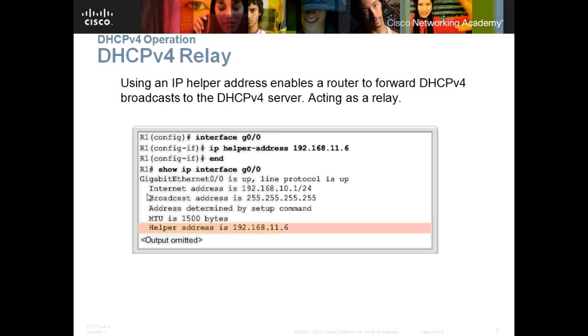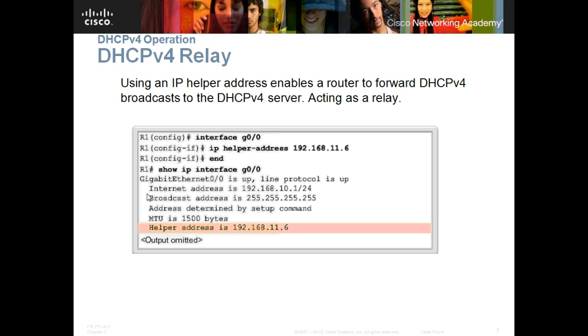Another feature of the Cisco IOS software for the DHCP, we can also configure our Cisco router as a DHCP relay or helper, a router to forward DHCP broadcast. To configure it, we just access the interface that we want to relay the DHCP. Like in here, in the R1, we have the interface Gig0/0.